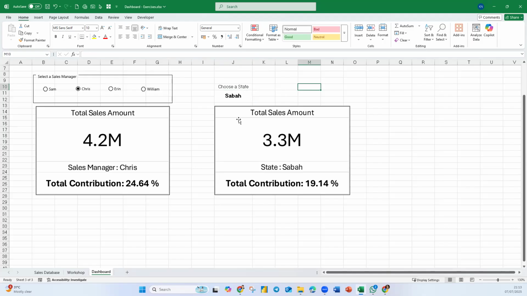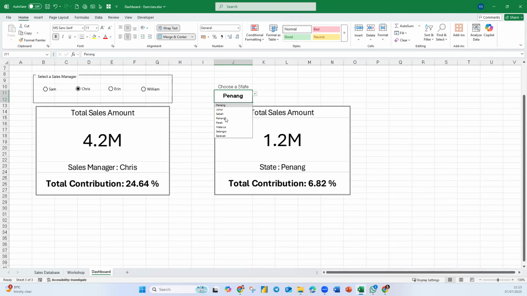So when I choose a state, this thing will change. So if I change this to Penang, then it will show Penang. Penang contributes 6.82%. Then Pahang contributes 10.03%. And let's take a look at Selangor. Selangor 17.83%. All right,